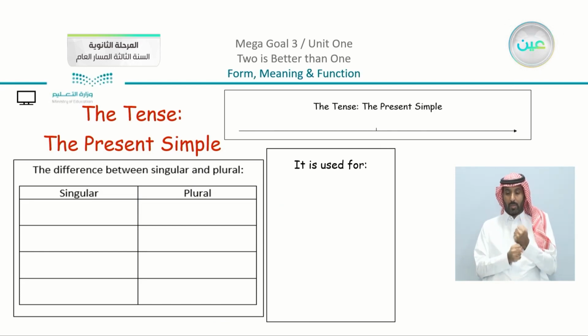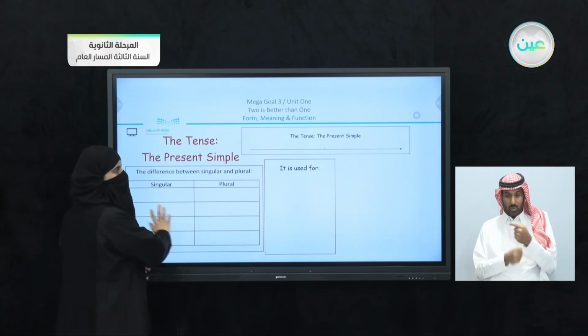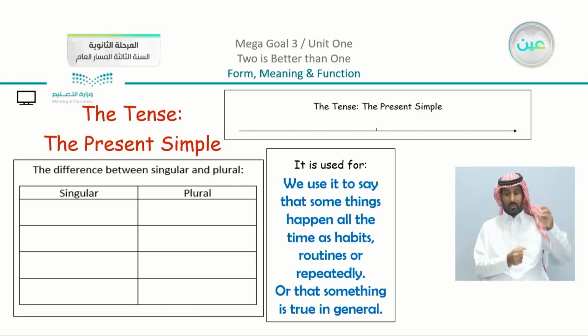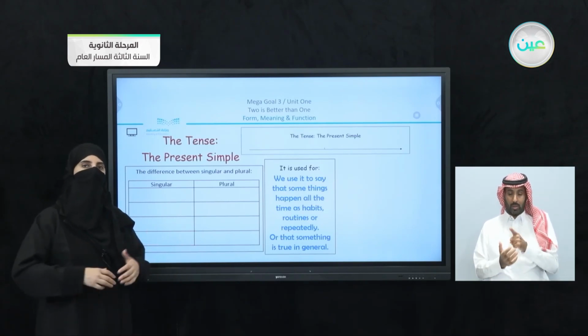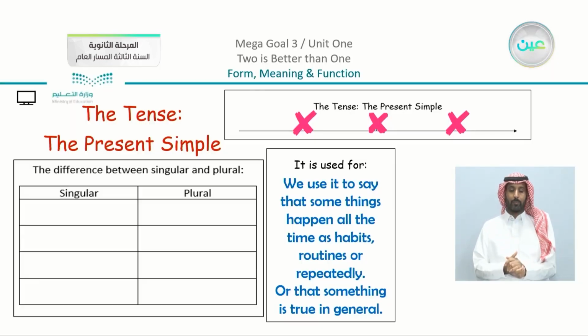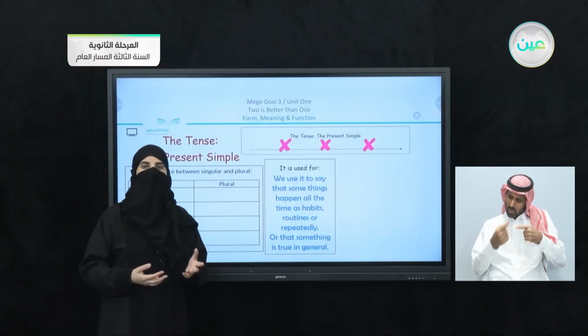What is the present simple? Now, the structure is actually not a new structure here, but just to remind ourselves what the present simple is. We can say that the present simple is used to say that some things happen all the time as habits, routines, or repeatedly, or that something is true in general. So when you are talking about a fact, you use the present simple. If you are talking about something that happens all the time, something that happened in the past, is happening now, and also happens in the future, like daily routines,